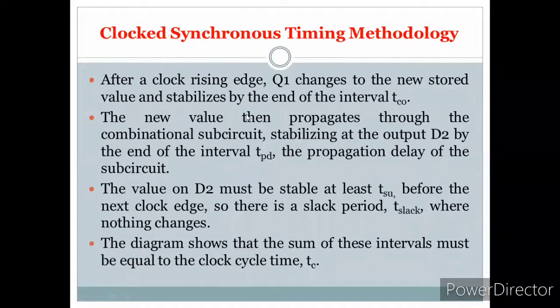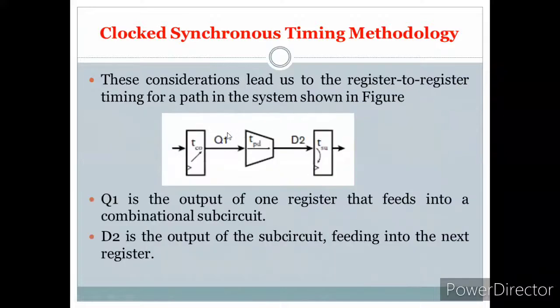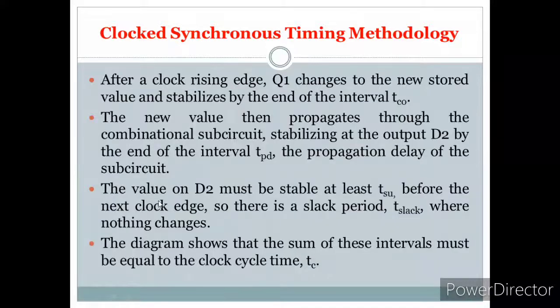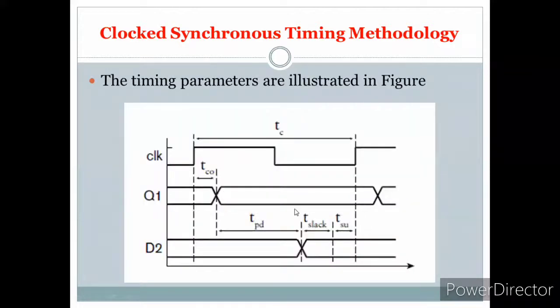The new value then propagates through the combinational subcircuit, stabilizing at the output D2 by the end of the interval TPD, the propagation delay of the subcircuit. So it should meet the propagation delay of the combinational circuit to reach D2. The value on D2 must be stable for at least the setup time, as I said, this is the data which needs to be stable before the rising edge of the clock. That's what is happening here.